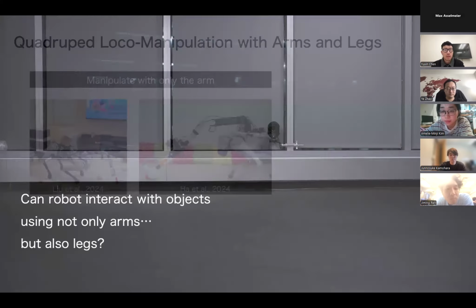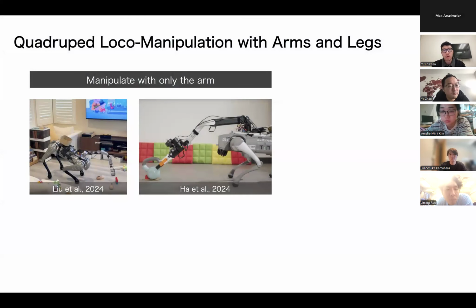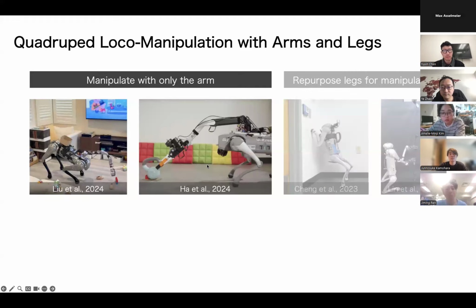Because in the past, once we had quadruped robots equipped with an arm, we usually just manipulated with only the arm. We treat the lower body as a whole moving platform. For example, we have this, I think from Xiaolong Wang's group, and this from Shuran Song's group.